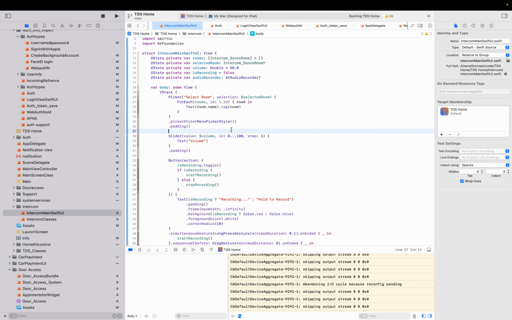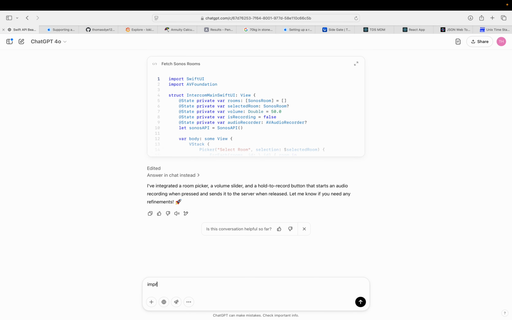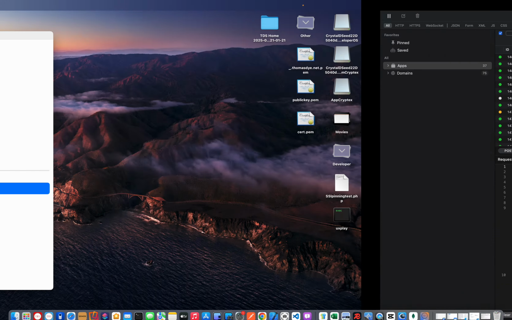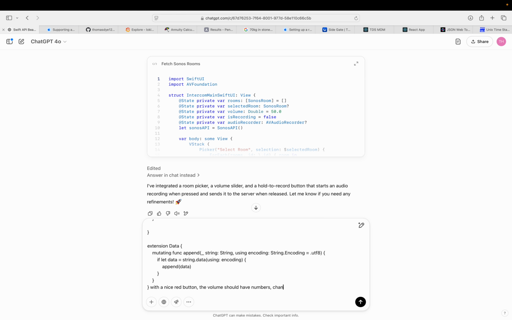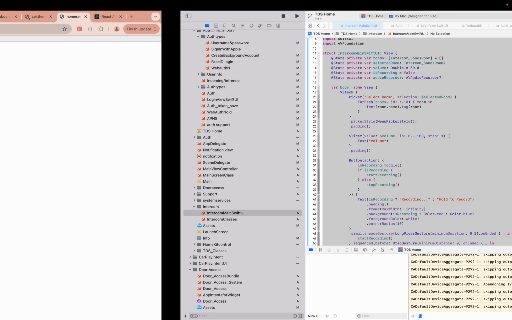I'm gonna get ChatGPT to improve this. Improve the UI with a nice red button. The volume should have numbers. Change the order. Let's go do that. While it does that,